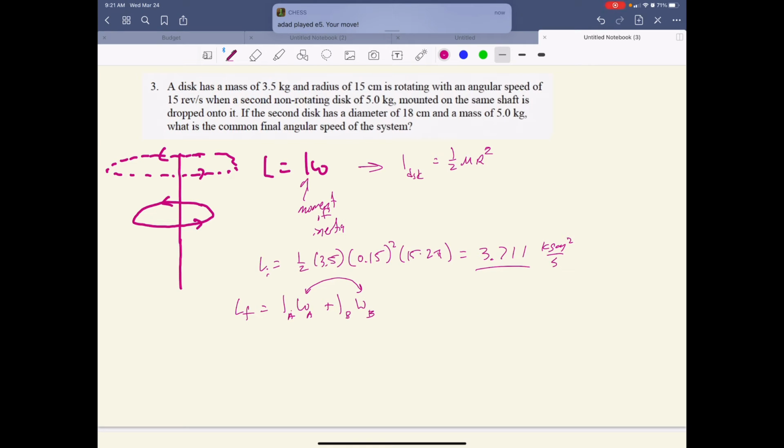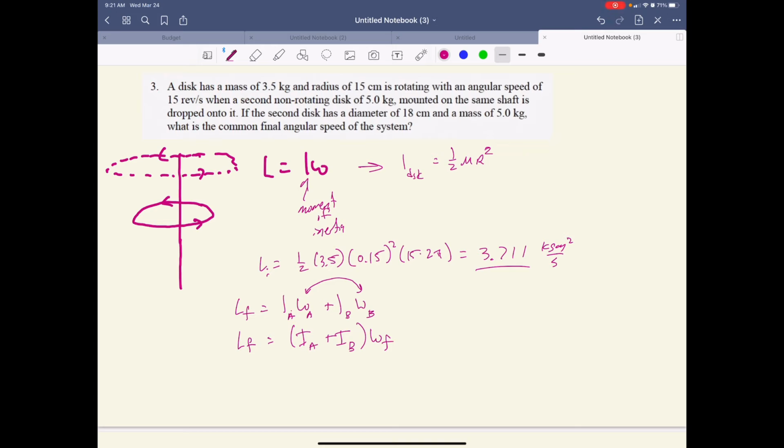So this is going to be the two moments of inertia times their final angular velocity. And again, this is what we're trying to figure out. So now it is really just going to be